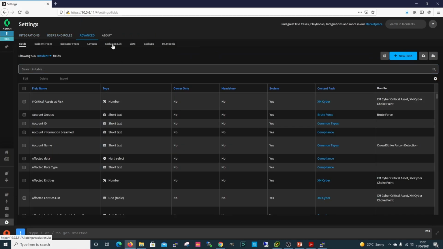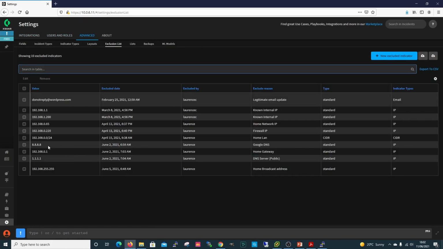If we go to the exclusion list, you can see I've got 8.8.8.8, and this is what we were talking about with excluding certain IPs. So within that incident that we created, there wasn't actually anything to look at because it had been excluded because we know about it. And this is where another part of incident creation comes from, which is